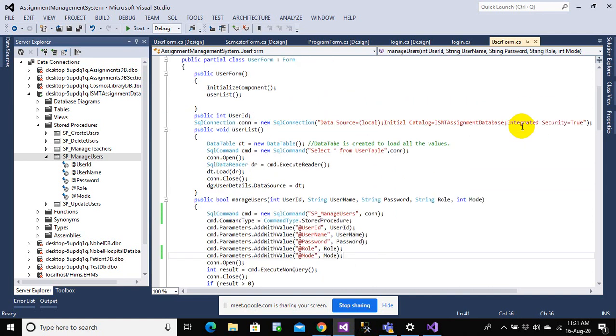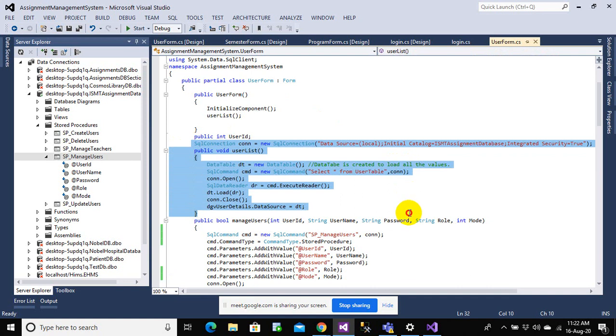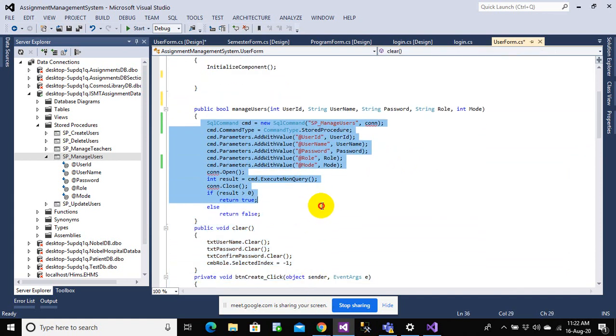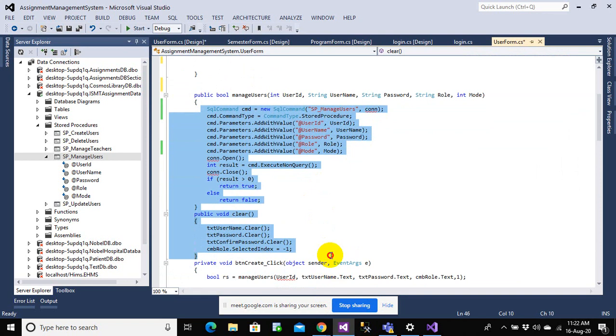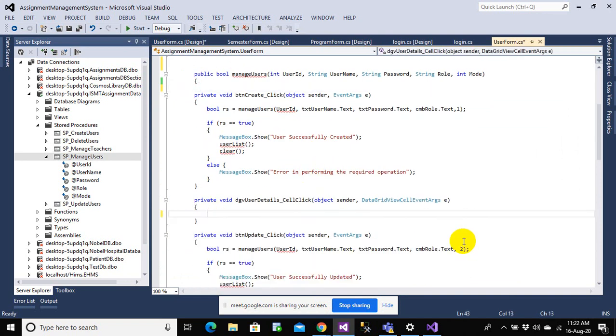So I'm going to erase everything, everybody. I'm just going to delete whatever I have written. I'm going to delete this user list. I'm going to delete everything that I have created. I want to start from the very beginning, everyone. So let me delete this.